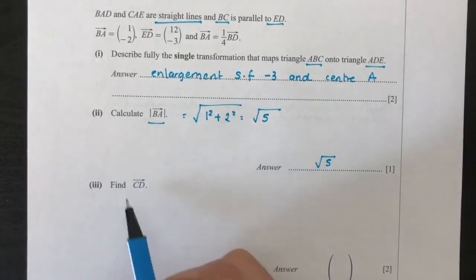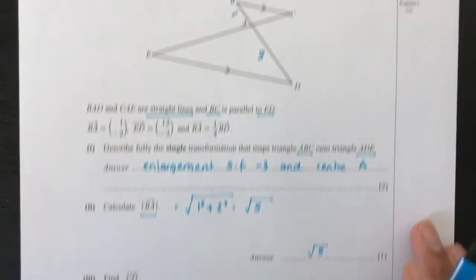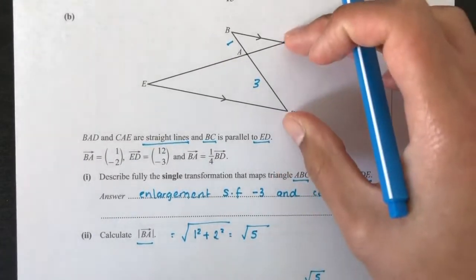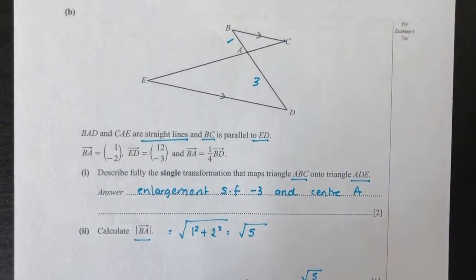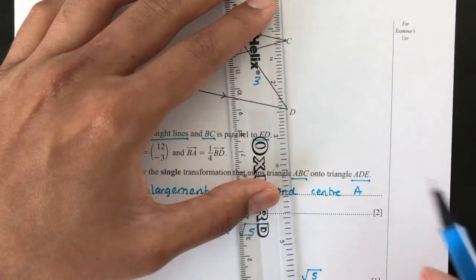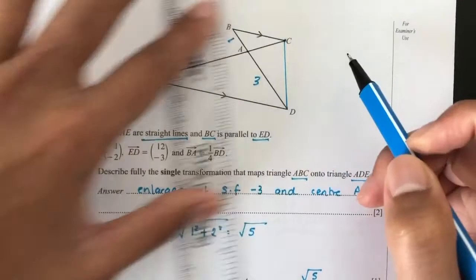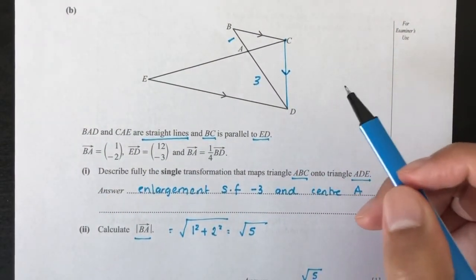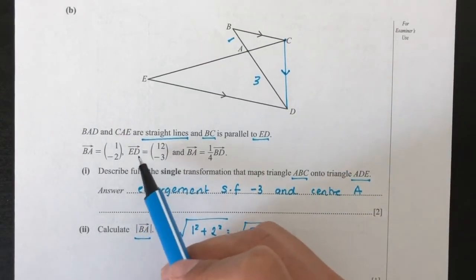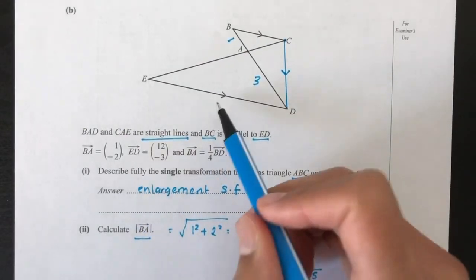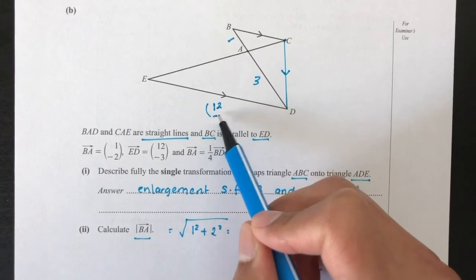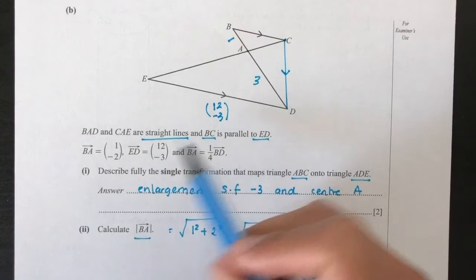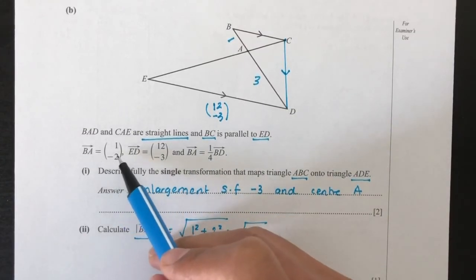Now for part 3, find CD. So what is CD? CD will be this. So let's join this with your ruler and see what can we find. So CD. So let's see, what do we have here? We have ED has been given by 12 minus 3. Okay, and what else do we know? BA has been given to you by